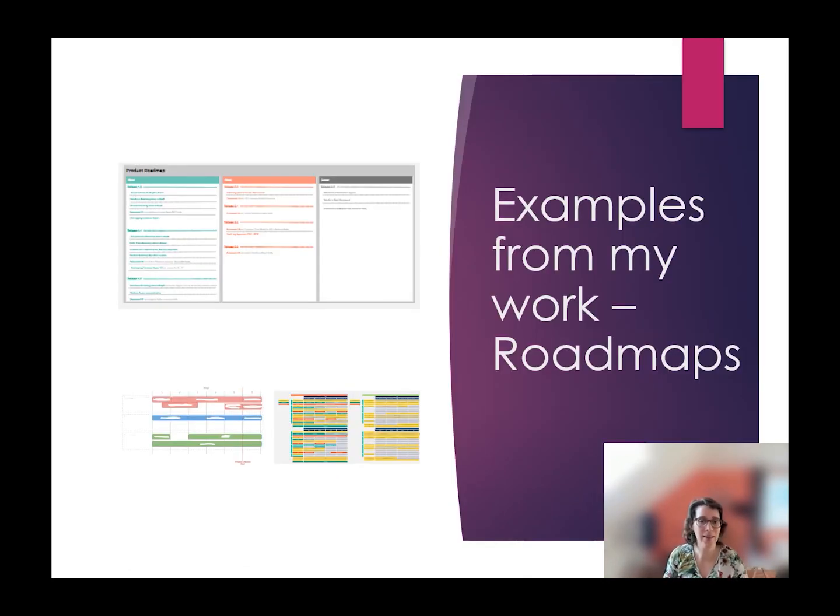And here are some examples of roadmaps that I created. There is the classical timeline, Gantt charts, you can have next, now, later. So there are different kinds of roadmaps actually. And here I can just encourage you to Google and try to find out what kind of roadmaps there are. What is the best applicable for my current situation? Because sometimes it makes sense to not be too concrete on timing, but just say, what are we focusing on now, next, and later? But sometimes, of course, you also need to be more concrete in timing. And there you sometimes have very nice templates, for example in Miro, which is my favorite tool, to be honest, for this kind of thing.